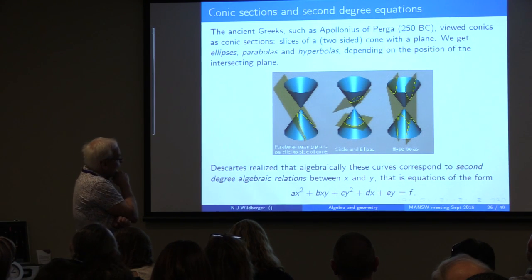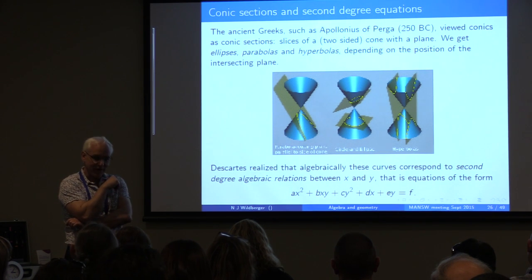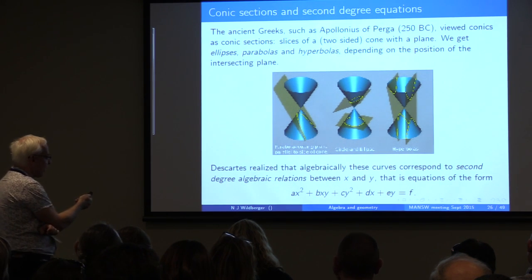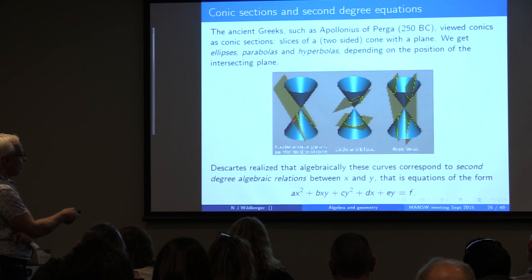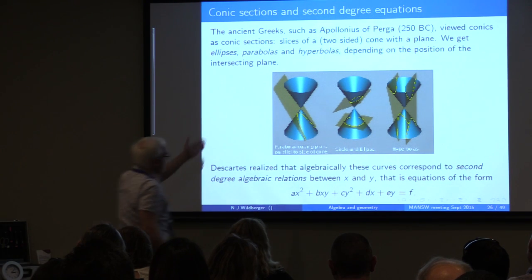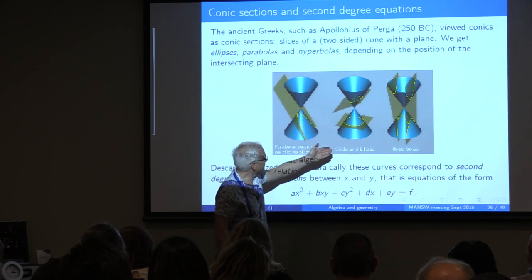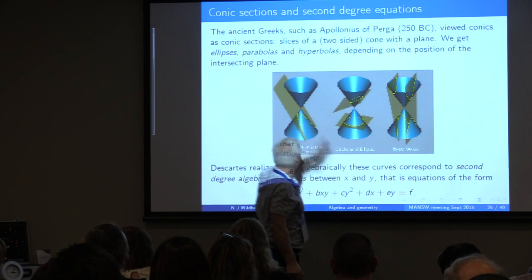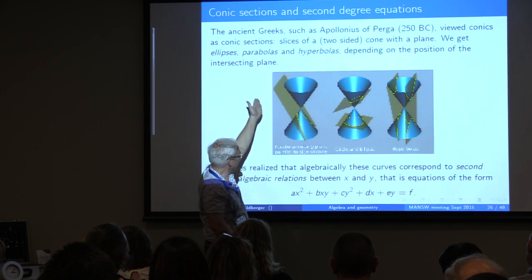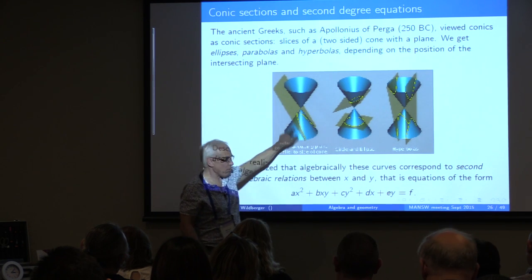And then we can talk about the second degree curves, which are one step up from the lines. And these are, of course, conic sections, going back to Apollonius of Perga, who studied conics really as conic sections. So this is a two-sided cone, and Apollonius realized that if you slice this cone with a plane, then you get a conic section, like an ellipse here, or a hyperbola if you slice it like this, or if you slice it exactly in the right way so that the slicing plane is parallel to one of the lines in the cone, then you get a parabola.